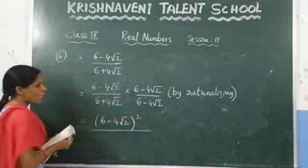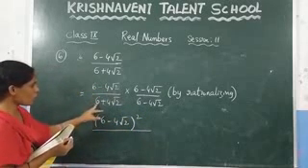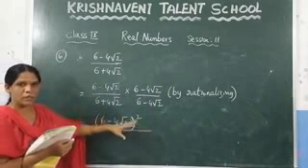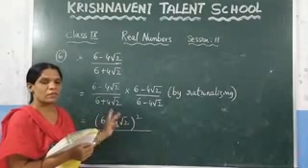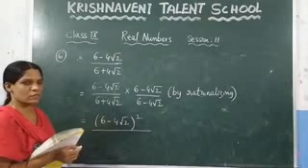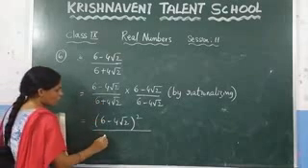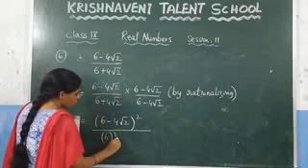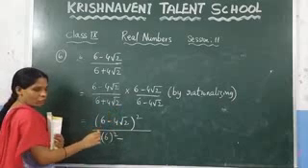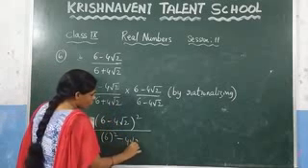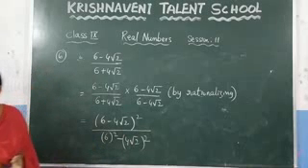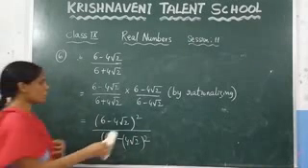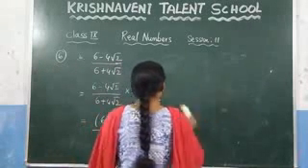Right? And after that, again you know that the denominator is in the form of a plus b into a minus b. We already discussed the formula for a plus b into a minus b, which is a square minus b square. So here what is the value of a? 6 square minus, what is the value of b? 4 root 2, 4 root 2 whole square. Now you need to solve this one. So what do we get here?